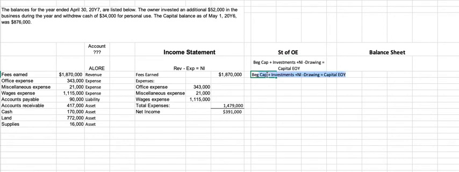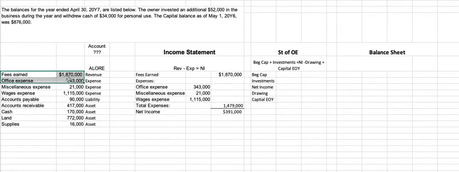So beginning capital, investments by owner, net income, drawing, and that's going to equal capital at the end of year. I'm just going to put EOY there, and beginning capital is going to be by itself there. So beginning capital, well, we have to look for that because what we're given